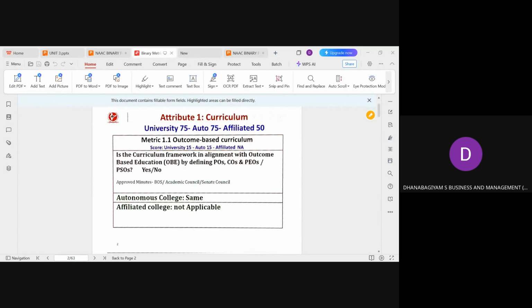Course outcome, in the sense, for example, if it is a BBA course, here, say BBA Business Analytics, the students are pursuing. Once they complete the BBA, general BBA or any specific BBA, once they graduate, whether they have the core domain knowledge to place themselves in any of the industries or to have their own venture. That needs to be satisfied.